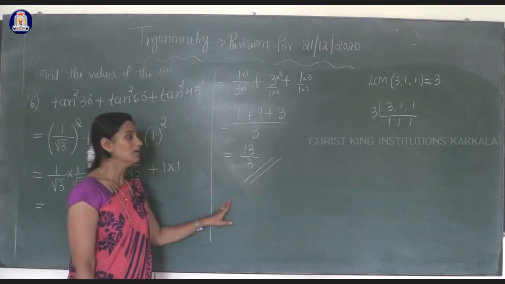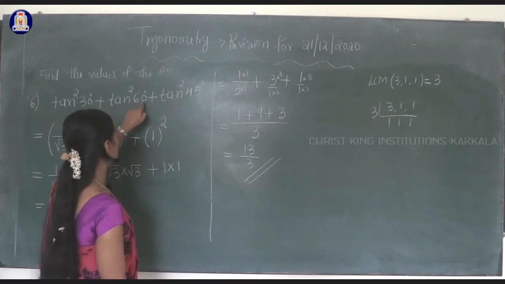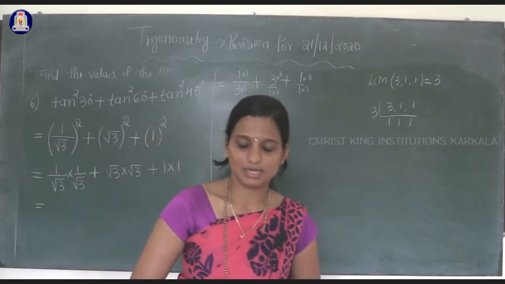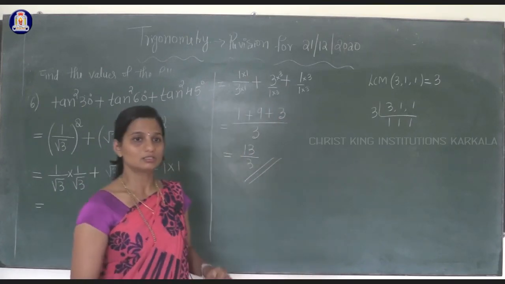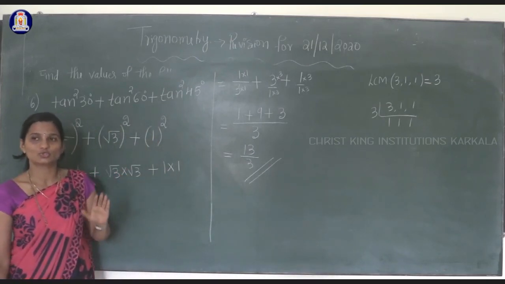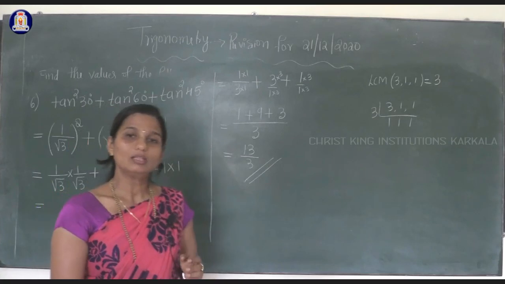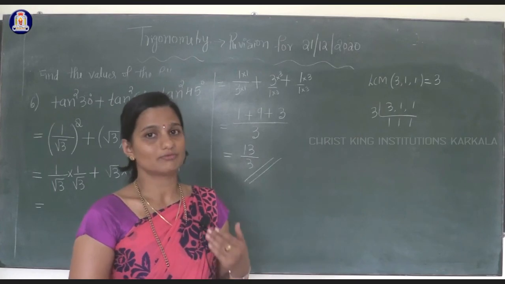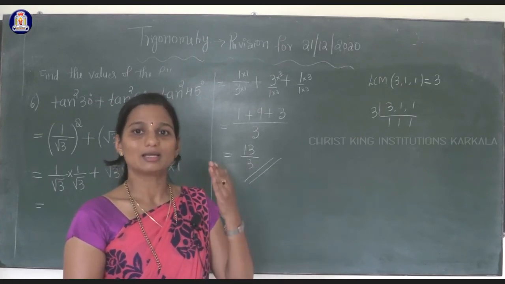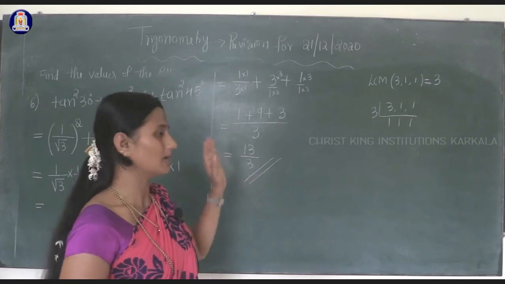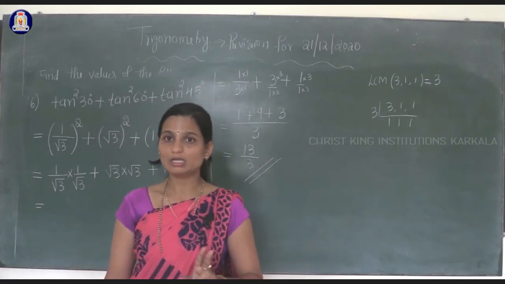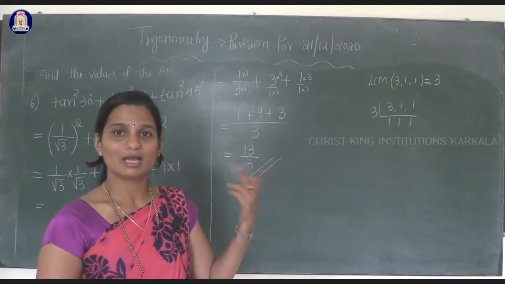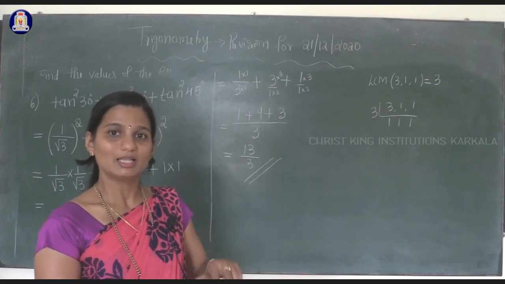So the conclusion is the value of tan square 30 plus tan square 60 plus tan square 45 degree is 13 divided by 3. The main thing in simplifying this type of question is that you should know the table. Don't memorise all the values of the table by heart. Already I explained in class how to remember those values, so follow that method, remember those values and simplify. This type is important for 2 marks in your test. Okay, so this is the second revision. I already did one revision in the regular class and this is one more time.